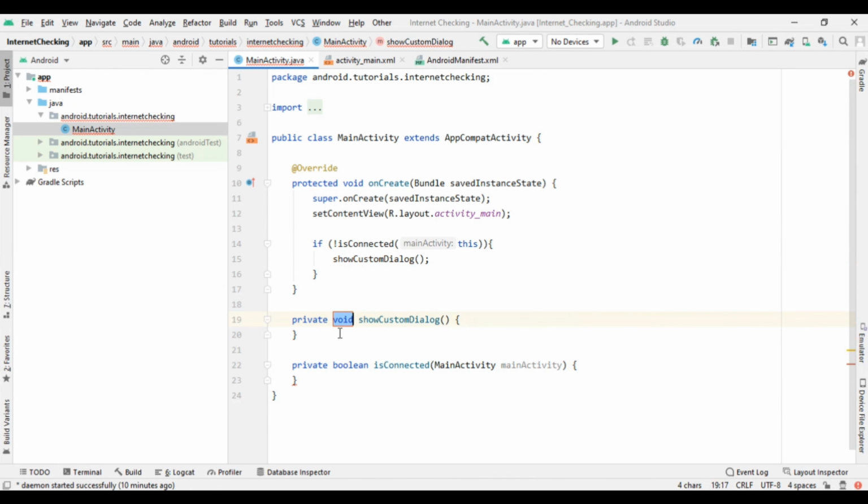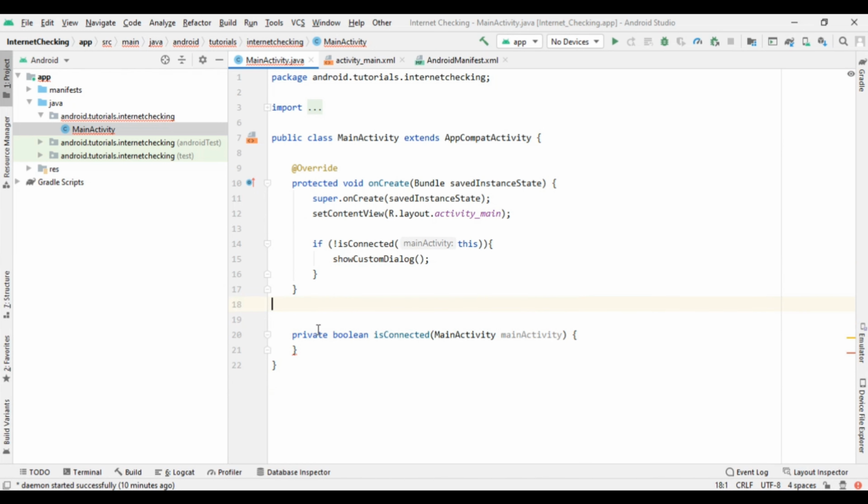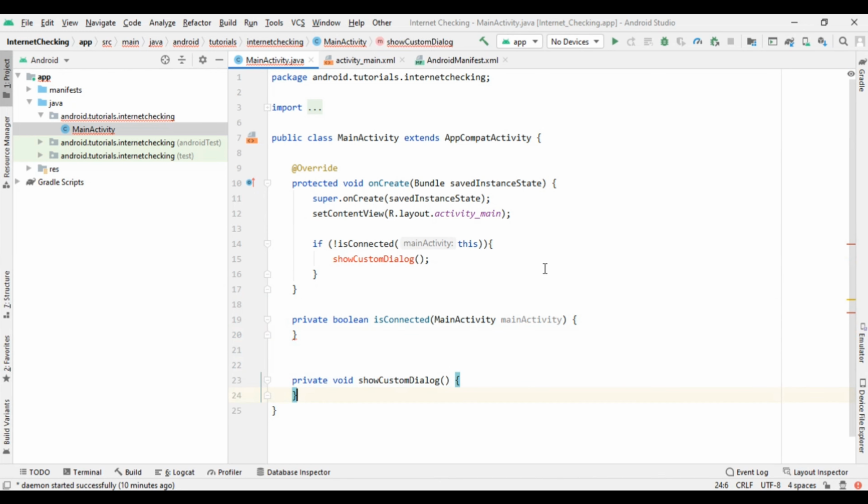So first of all, in our main activity we are going to access the connectivity manager.